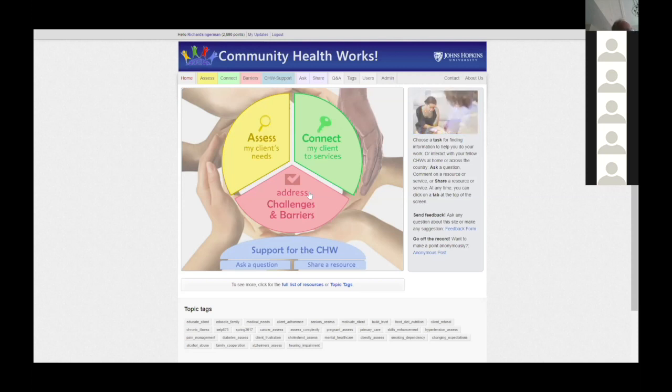Okay, so that was assess, connect, challenges and support, and that's the same that you get on every screen: assess, connect, barriers, support, and then the ability to ask questions of each other and to post answers. And that was it. But it actually turned out to be a very rich set of capabilities to do all that. So if I go to assess,